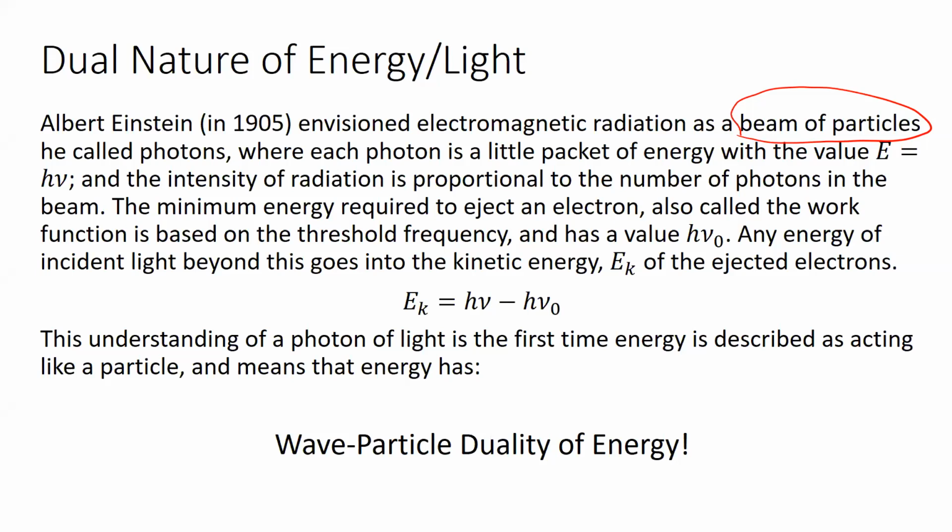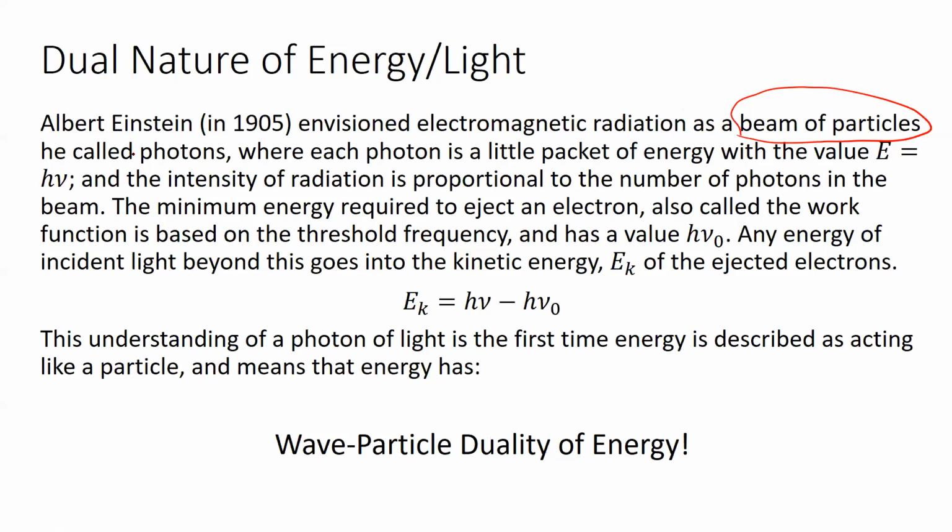But if you hit that piece, that rock, with a bigger stone that's moving faster, that stone that hits the rock will chip off a piece of the rock, in a sort of analogous way to the electron being ejected from the surface, right? It causes the particle to break off, to be ejected. So you can think about the light as acting more like a beam of particles in this particular experiment, and